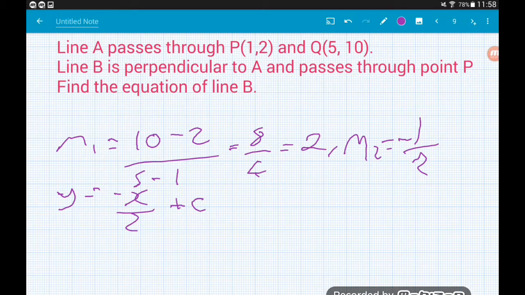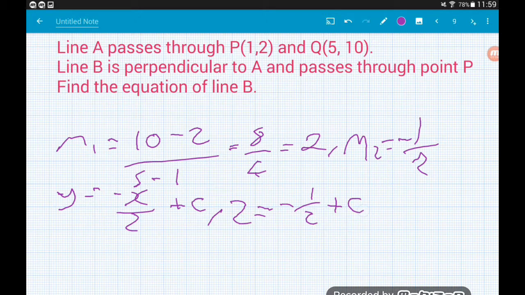Okay, so we've done half the work here really. Now the other thing that we know about our perpendicular line is that it passes through point P. Now point P has coordinates 1, 2. So when x is 1, y is equal to 2. So we substitute those values in to help us find the value of c. So y is equal to 2, so we get 2 is equal to, now x is equal to 1, so we just get minus